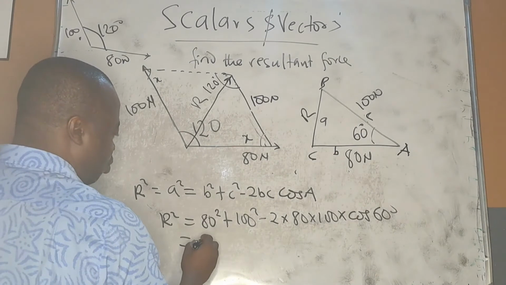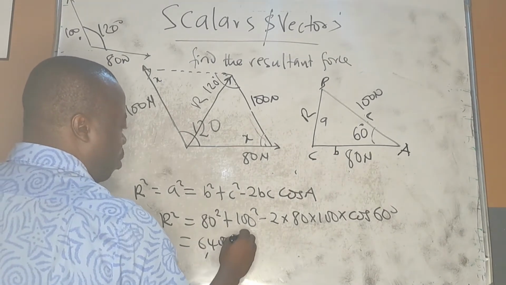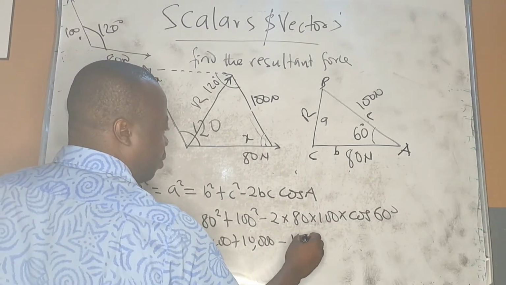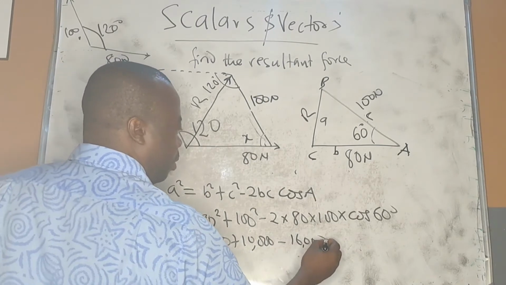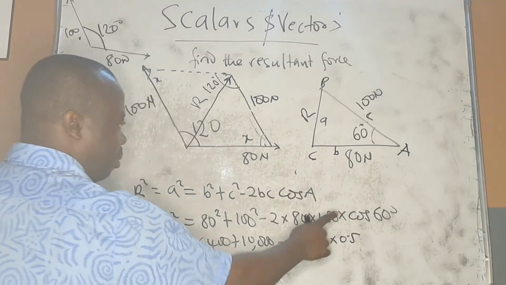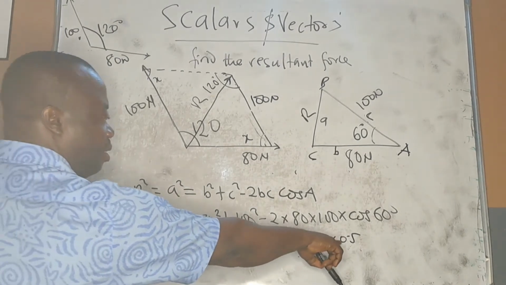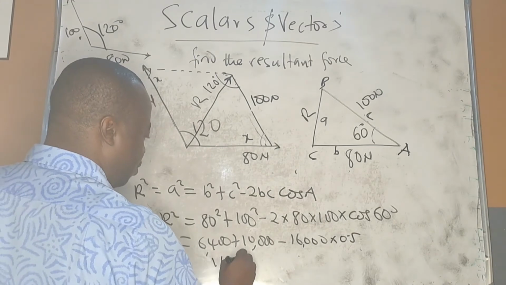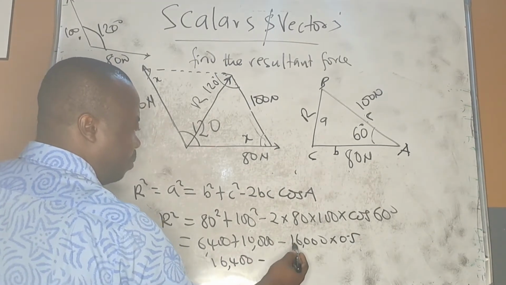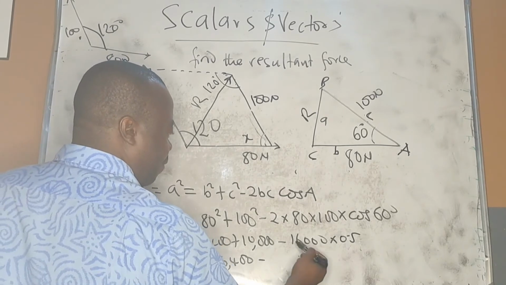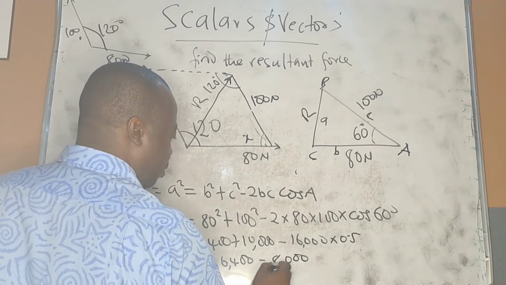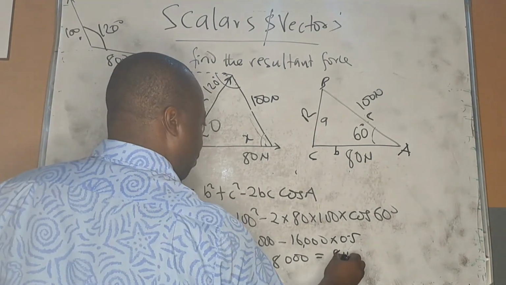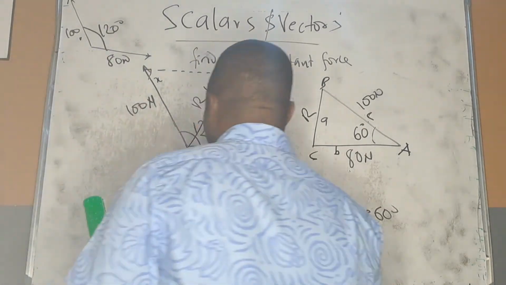So that gives us 80 squared is 6400, plus 100 squared is 10,000, minus 2 times 80 times 100 is 16000 times 0.5, because the cosine of 60 is the same as sine of 30. That's the reason I have written that. So when you add this, it gives us 16400 minus 0.5 times 16000, which is 8000. 16400 minus 8000 is 8400. So what we're having here is R squared